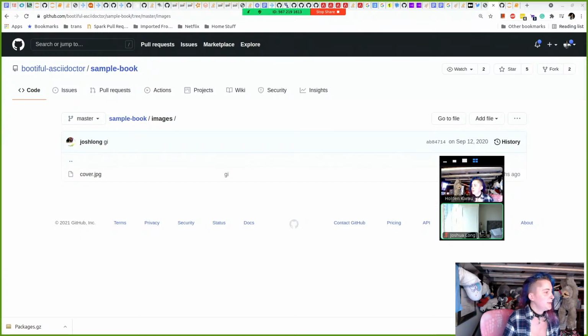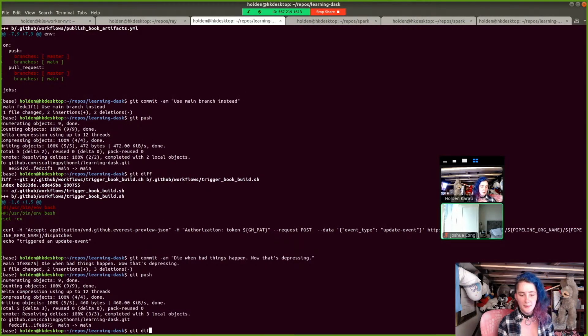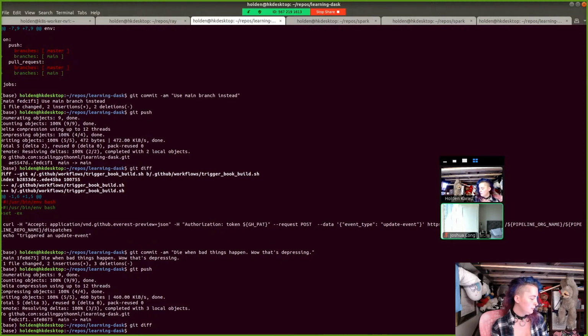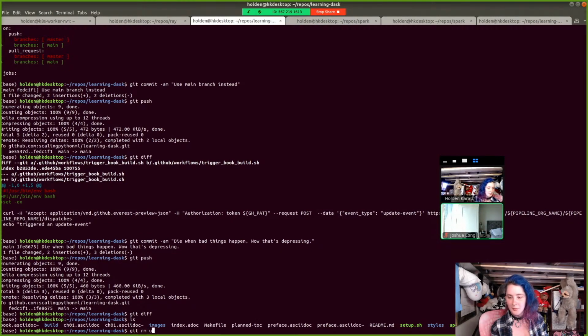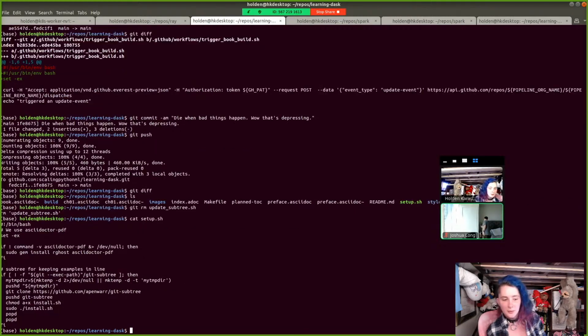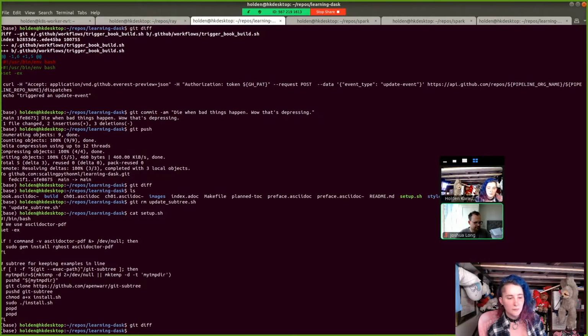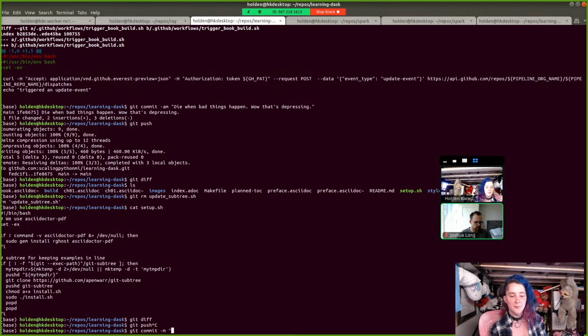And while Josh is off doing that, I guess git rm update subtree, and so let's go git commit -m. We don't need subtrees anymore,